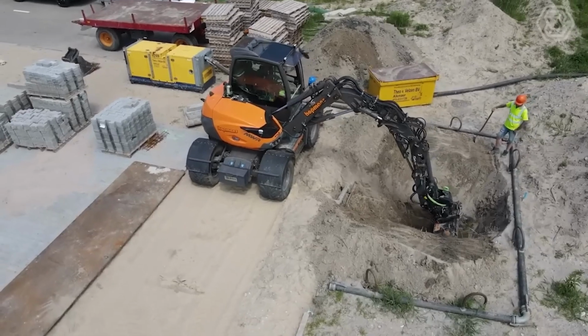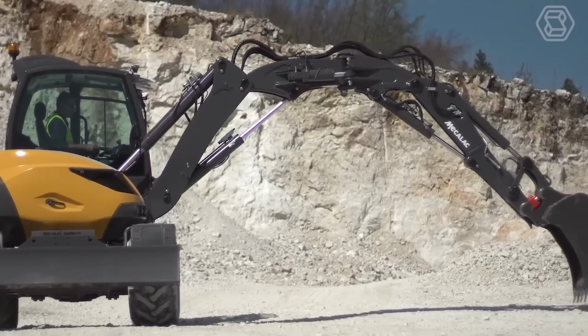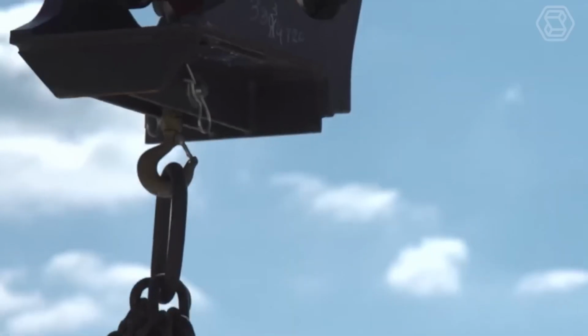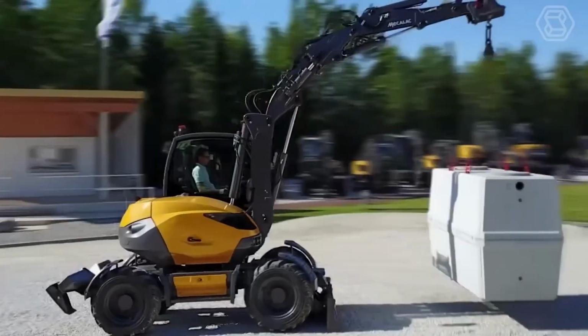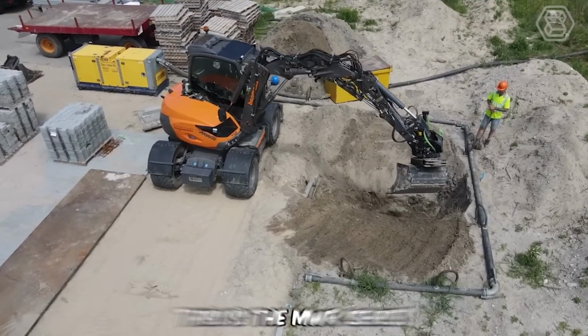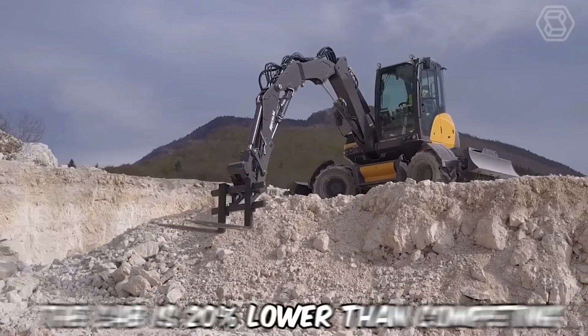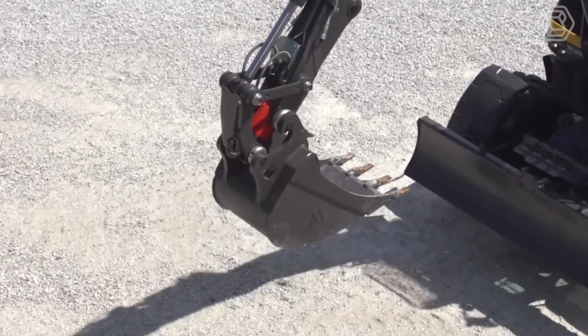Combining the advantages of wheeled and tracked excavators has resulted in a unique mecha-like solution that combines mobility, versatility, sustainability, accessibility, ease of operation, lifting power, and cost-effectiveness. This is the MWR series. The cab is 20% lower than competing products on the market, so getting in and out of the vehicle now